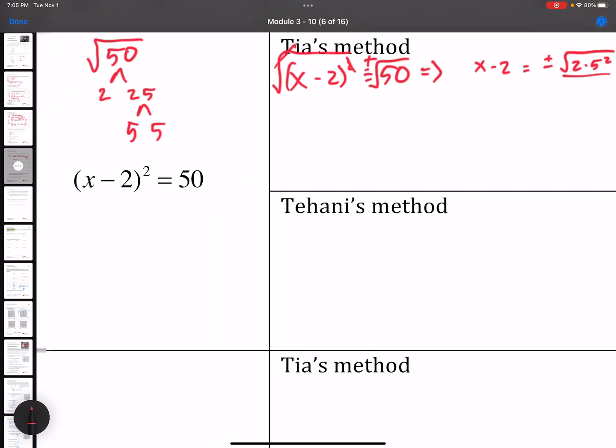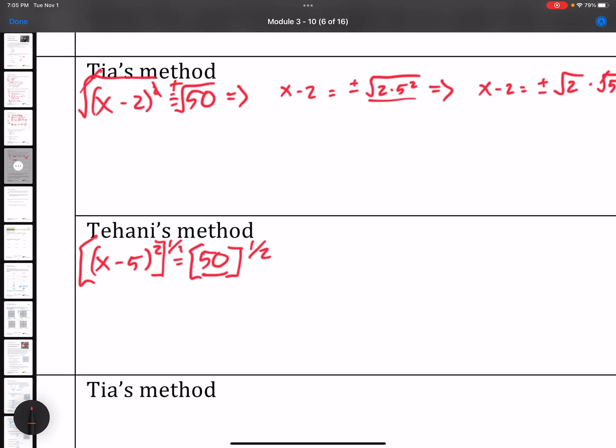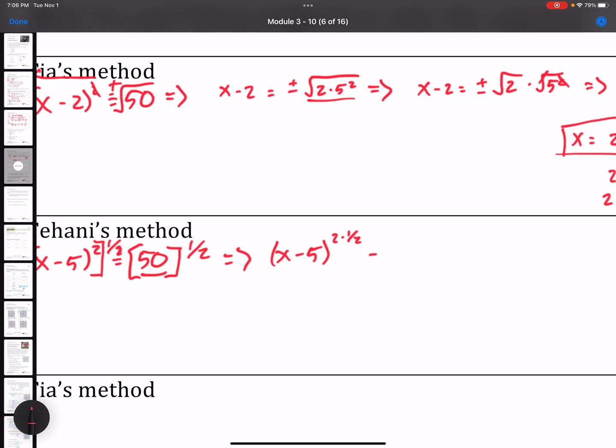Okay, Tahani's method now would have x minus 5 quantity squared equals 50, and Tahani would raise this to the 1/2 power, right? Just like she did in the example above. We've already dealt with what this is in terms of its prime factors, so we're just going to put that in. Then I've got x minus 5 raised to the 2 times 1/2, because when I raise one power to another, I just multiply those exponents, is equal to